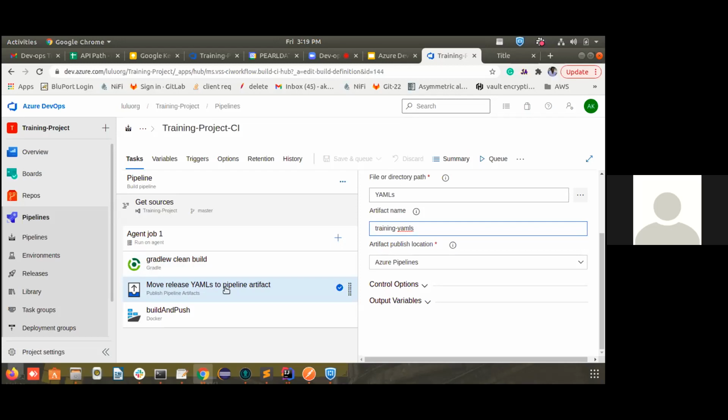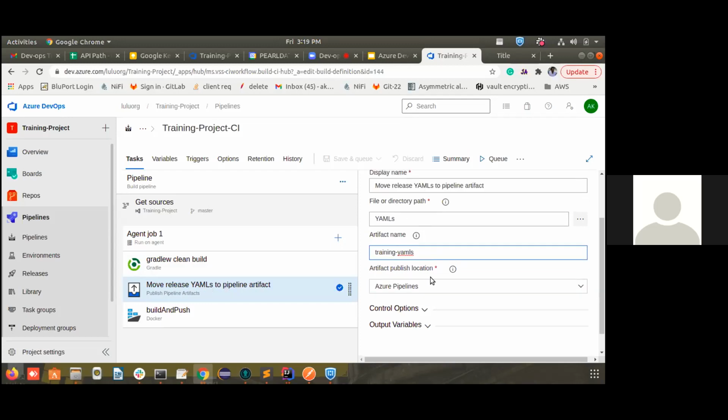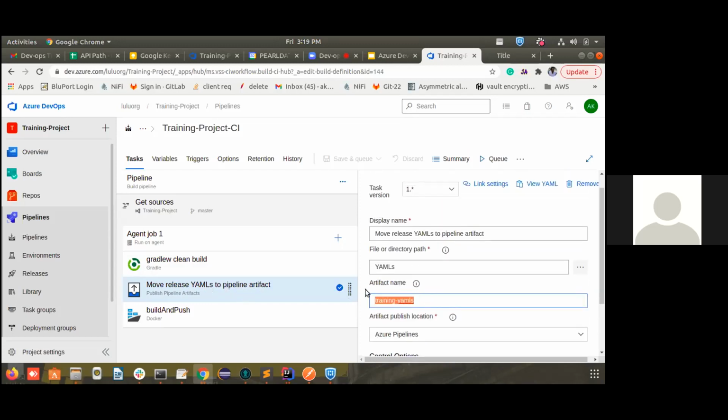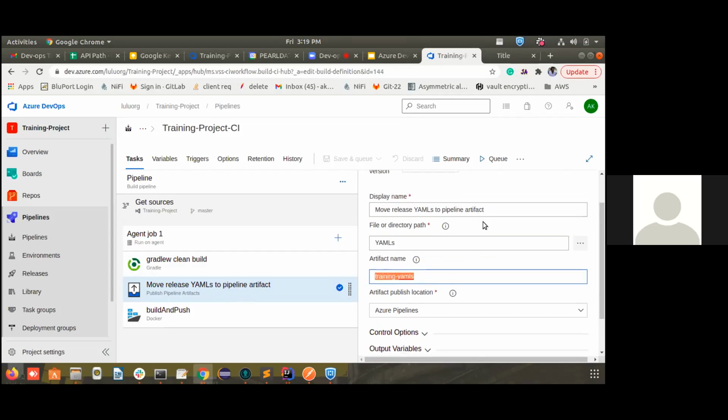So in the CD, when you are pulling that artifact, when you are building the particular CD for the CI, then you will be able to mention that I need the artifacts from this particular build artifact folder. That's why we are pushing this deployment artifact to a particular CI pipeline artifact.